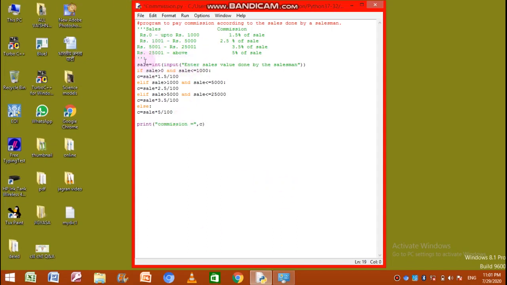So the user will input the value of sale. That value will be checked whether it is greater than 0, a true or false will be returned from here, and again it is checked whether the value of sale is less than or equals to 1000 or not. Because for this range only we have to provide 1.5%, so we have to check both the border values, the starting value and the ending value of the range. So if it comes in this category, the overall result is true, the 1.5% commission will be calculated and